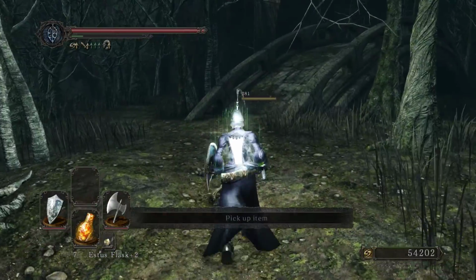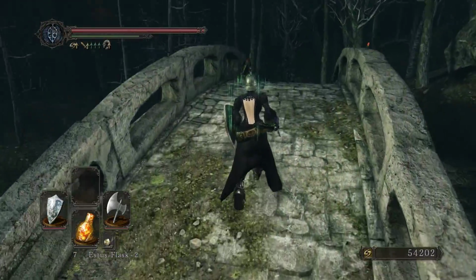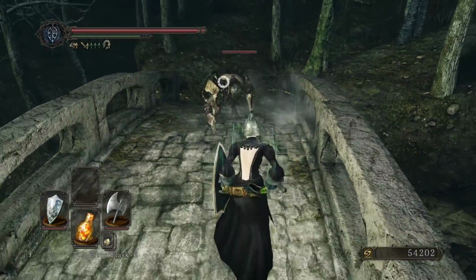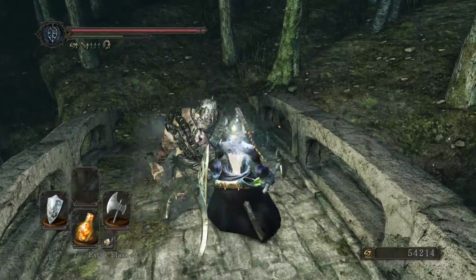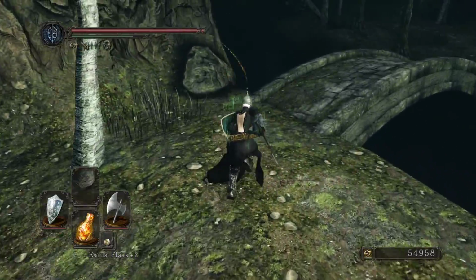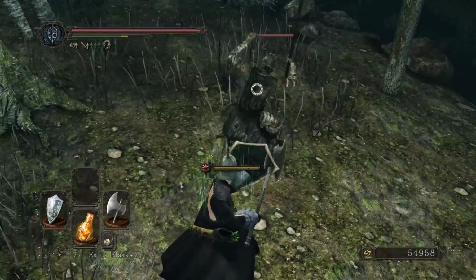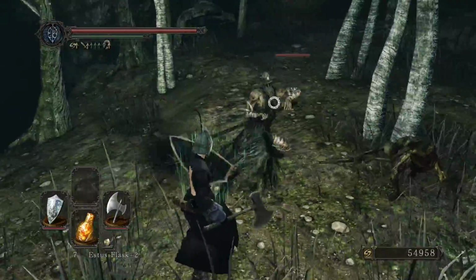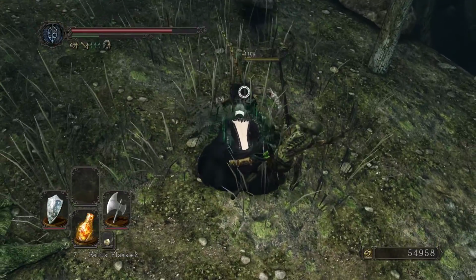Take out these guys. And instead of heading to the large bridge, immediately go to the right to the small bridge. Right here. These guys here will almost always swing 3 times. One, two, three. And you can either get behind him and do a backstab like that, which should take them